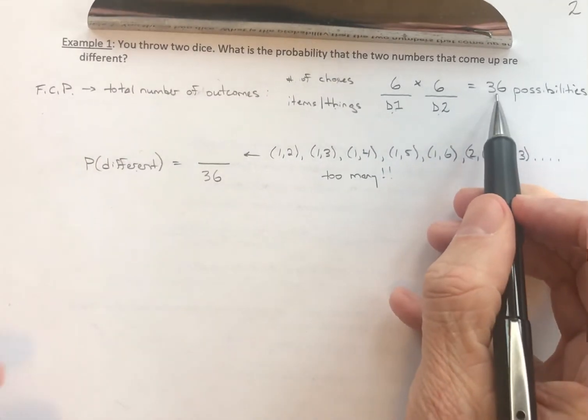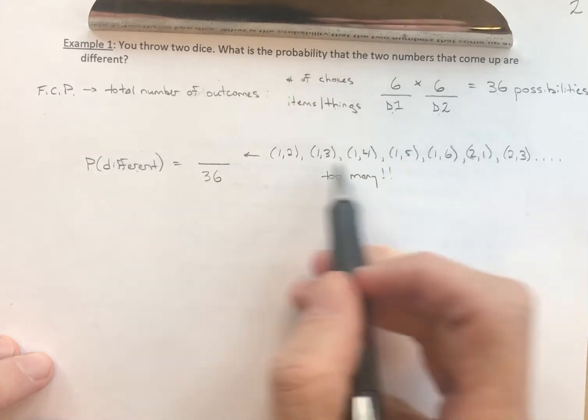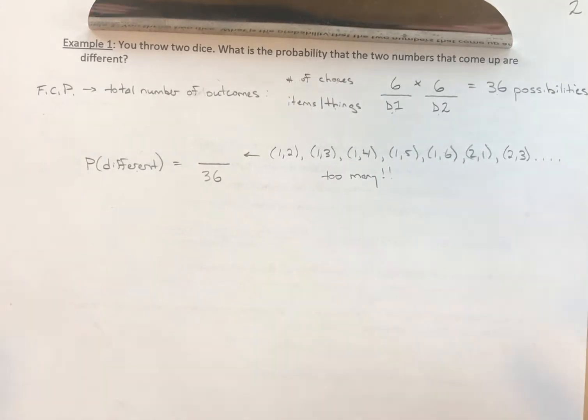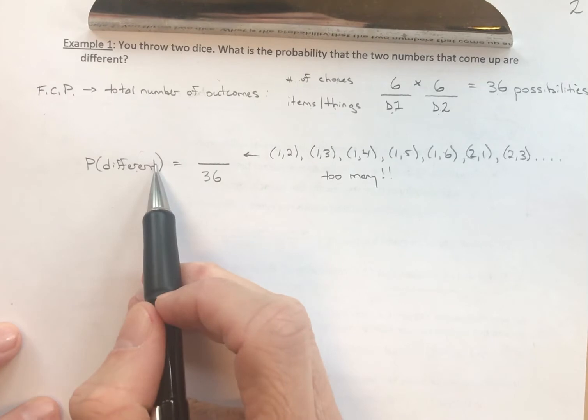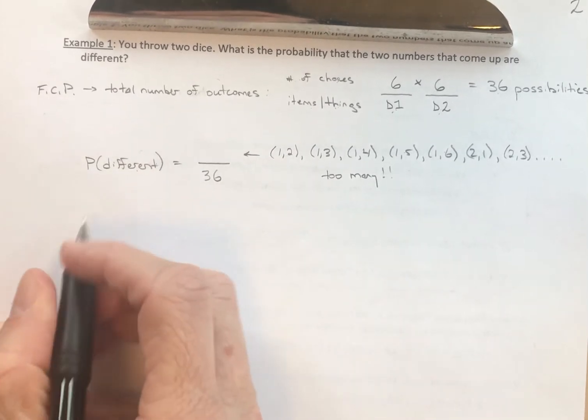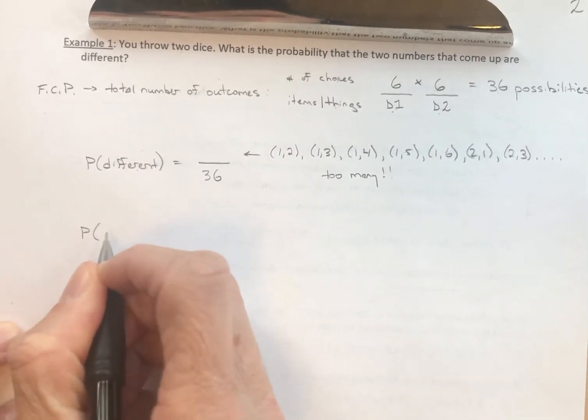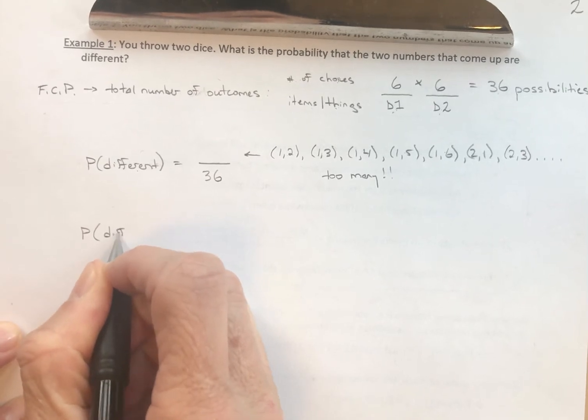I've got 36 possibilities, and I'm only up through 1, 2, 3, 4, 5, 6, 7, and I've got to keep going. I don't want to deal with that. That's too much work. Okay? So, as opposed to counting out all the possibilities that are different, I could say, well, wait a second. The probability that they're different